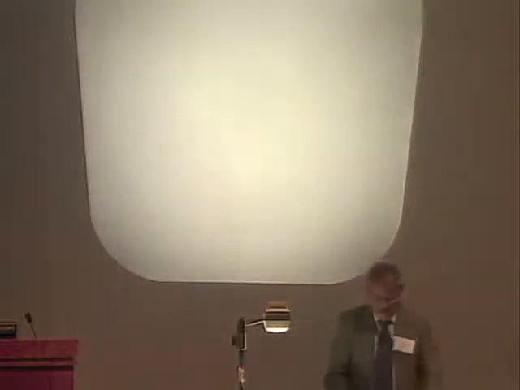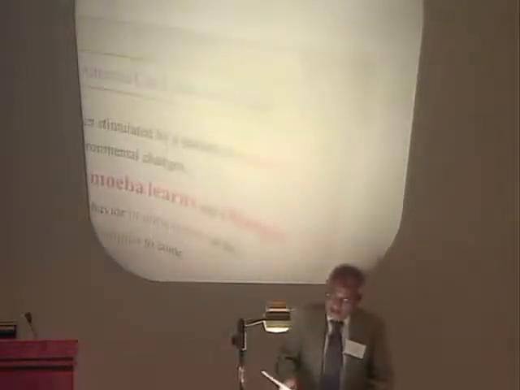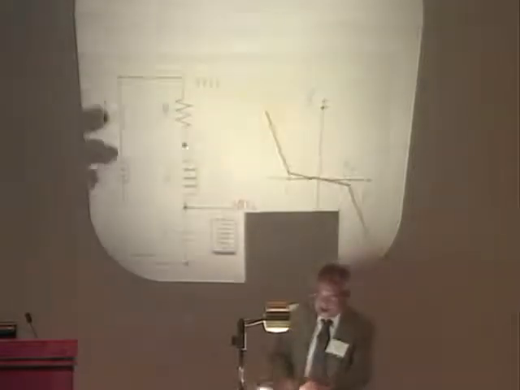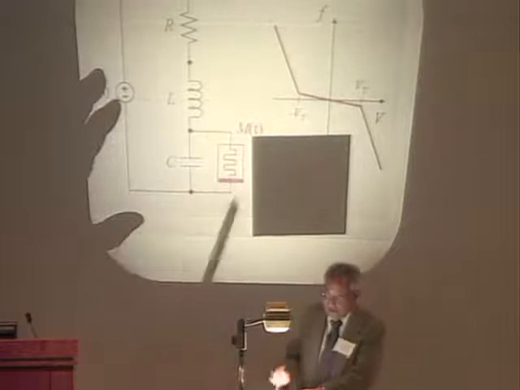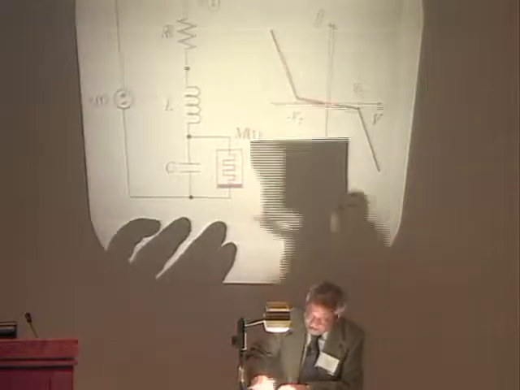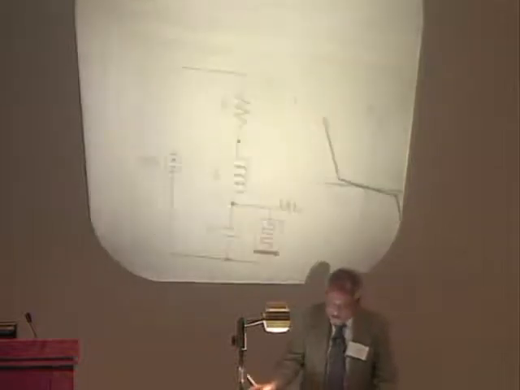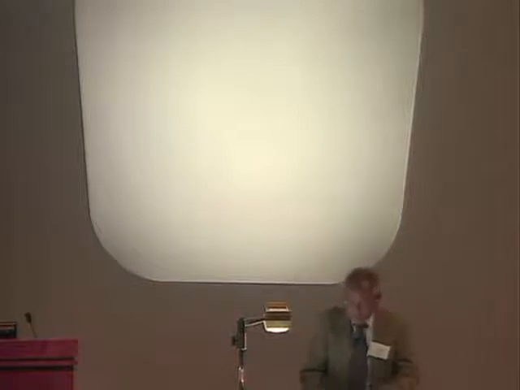This is quite remarkable. And the interesting thing about this paper by Pershin and Di Ventra is that they were able to demonstrate that a circuit can do the same thing as the amoeba. And I will show you the circuit. This is the circuit. It is just RLC plus a memristor there. And this is the memristance curve. So with this, I will just show you their results, since I don't want to take too much time.